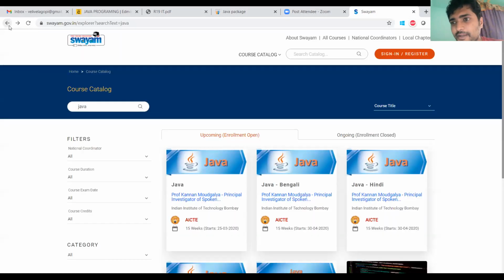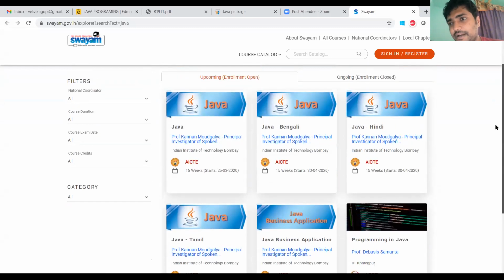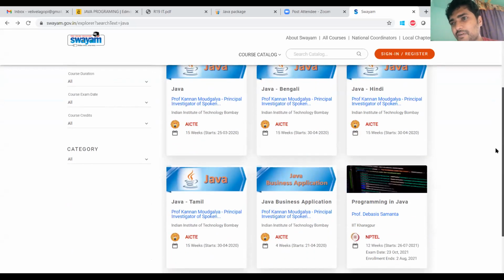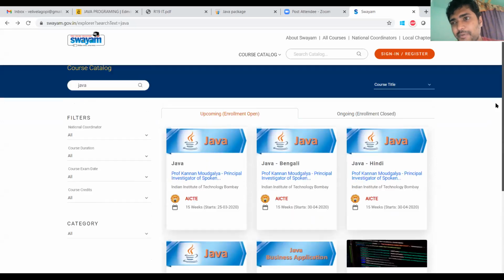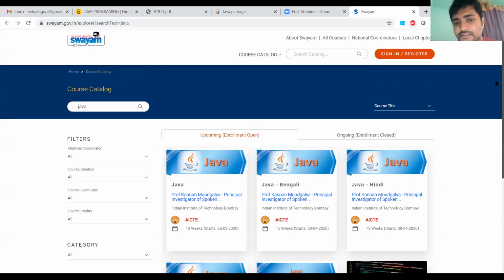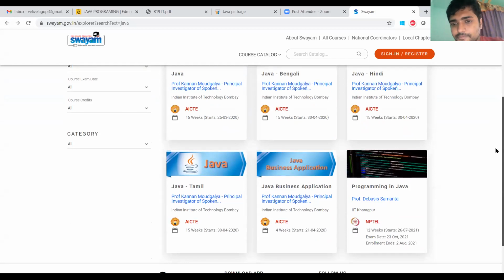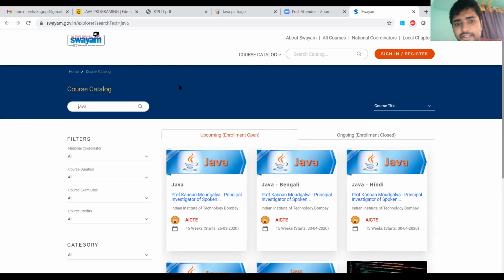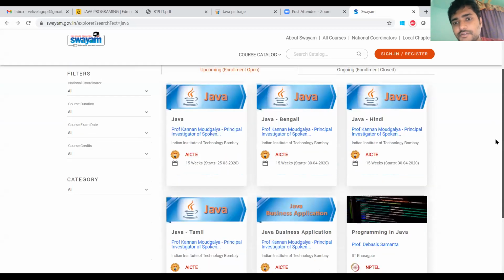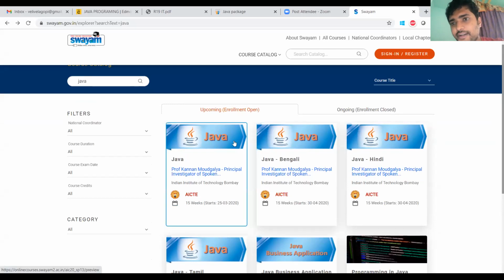Examination centers will be around Eluru only, either Ramachandra College or our college, or possibly Vijayawada. If there are fewer participants, then either Bhimavaram or Vijayawada. 90% will get Ramachandra College or our college. So this is all about the courses and core Java certification. If you are interested, you can register and get certified.